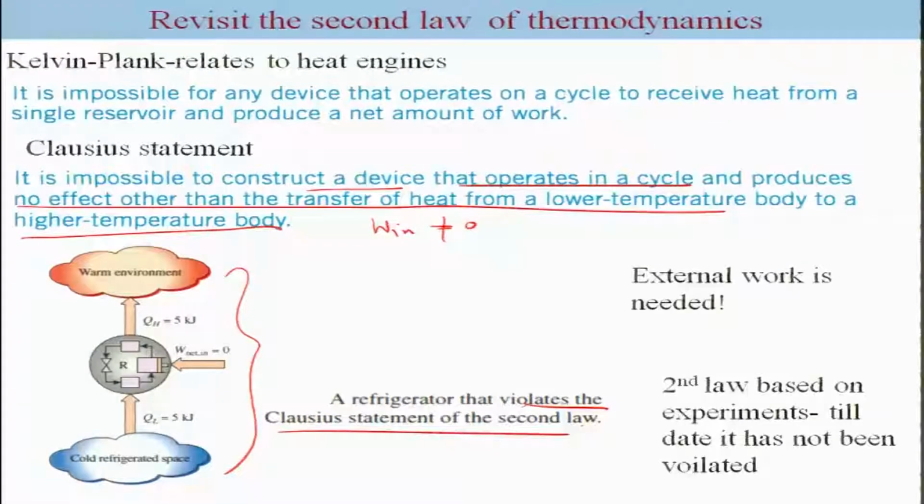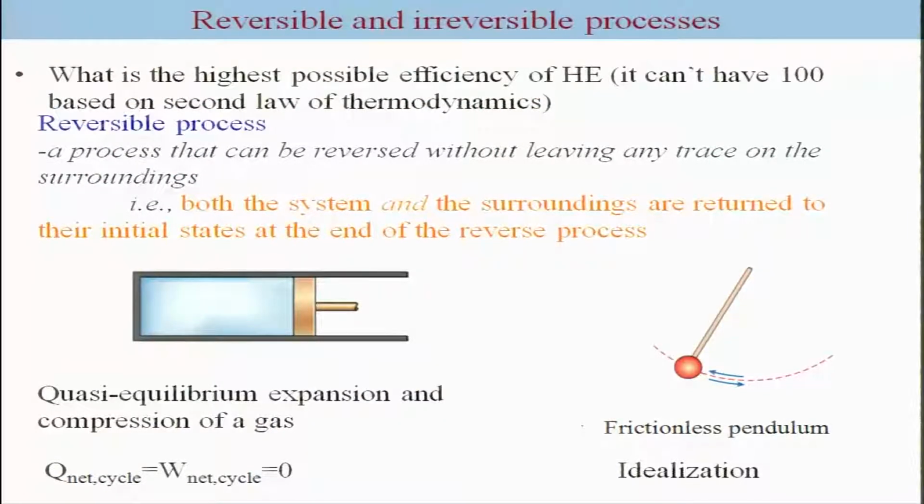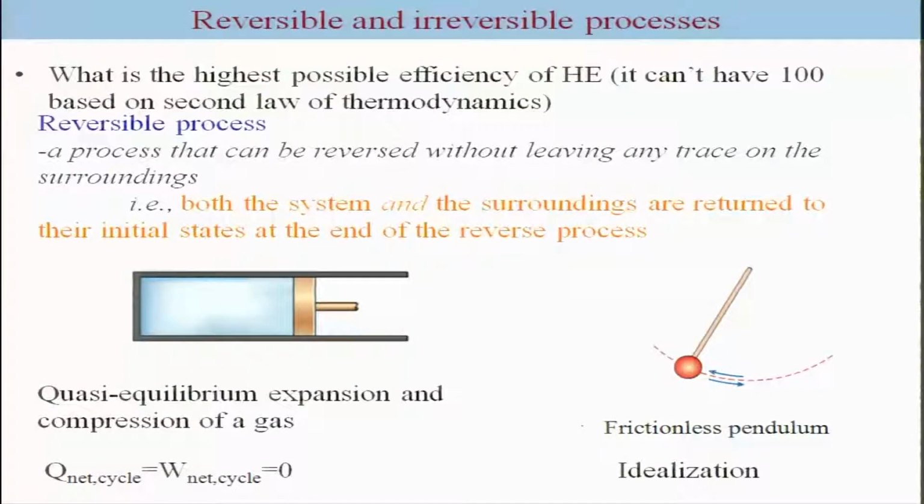Okay. All right. Now, having briefly reviewed these aspects of the second law, we will also talk about reversible and irreversible processes. Now, what is the highest efficiency for a heat engine? As we know, eta can never be 1, or we can never achieve 100% efficiency, but still we would like to theoretically attain the highest efficiency in order to consider that as a yardstick for our designs. So, what would be the case for highest efficiency? That will be when the device operates on a reversible process, or the paths are considered to be reversible. So, let us review the reversible process.